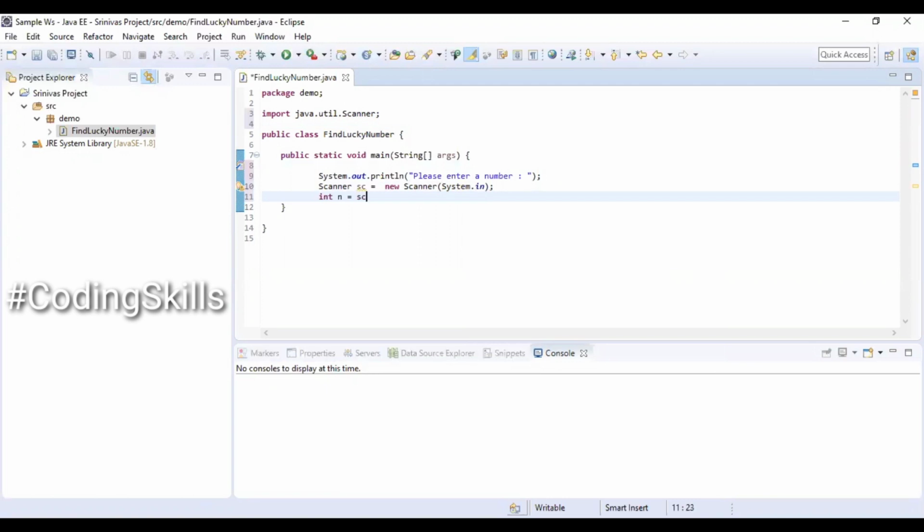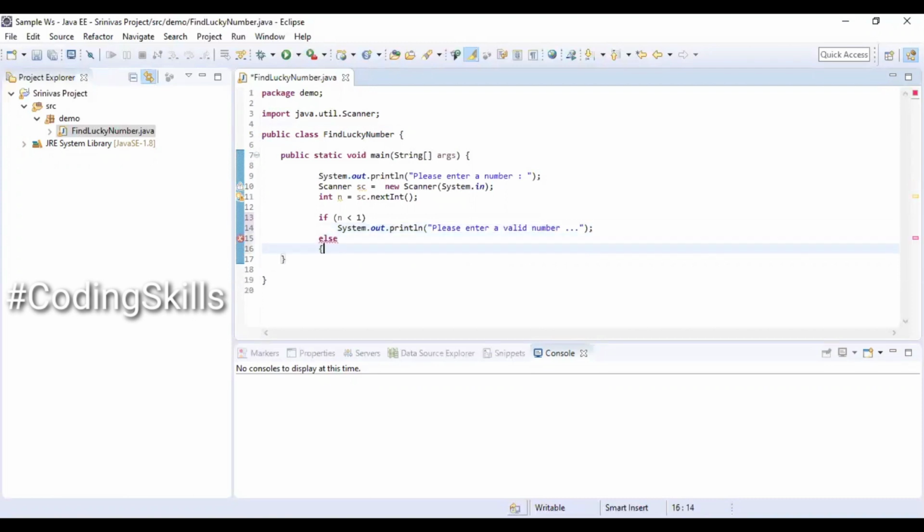So declaring an integer variable n and reading the value from the Scanner object. If the value of n is less than 1, then printing a message on the console requesting the user to enter a valid number, else proceeding with the regular logic.